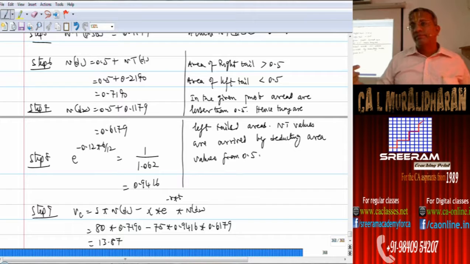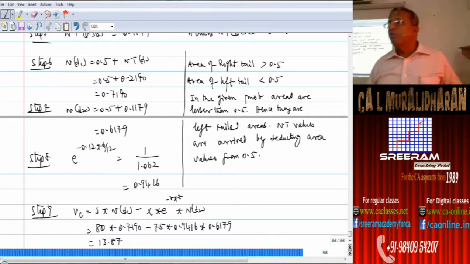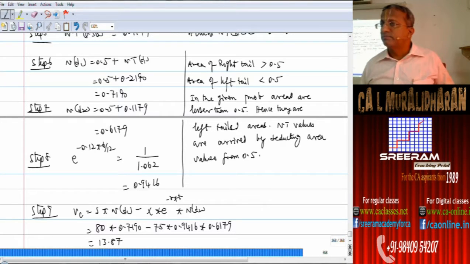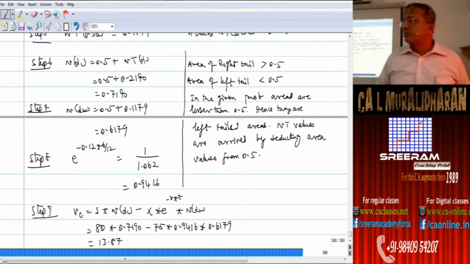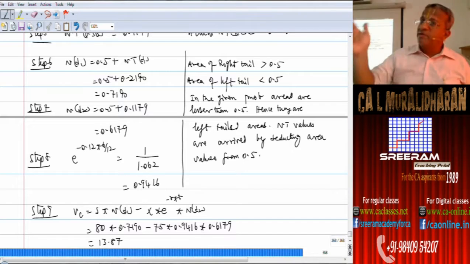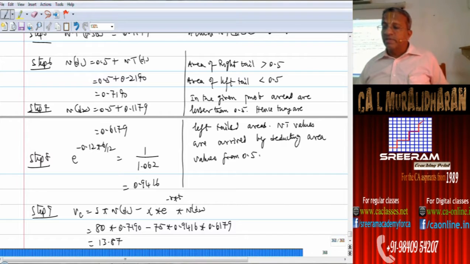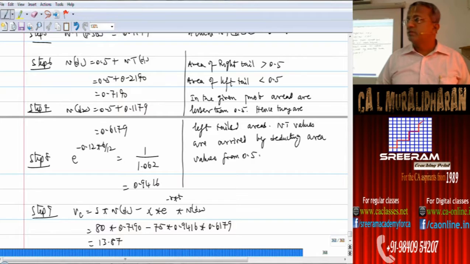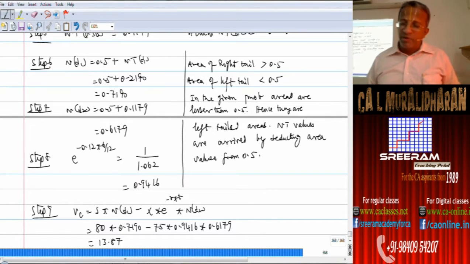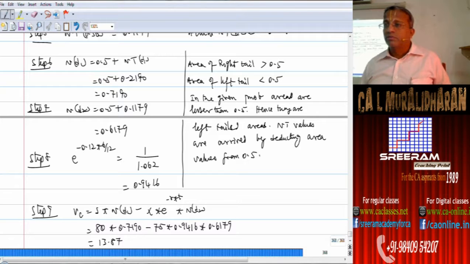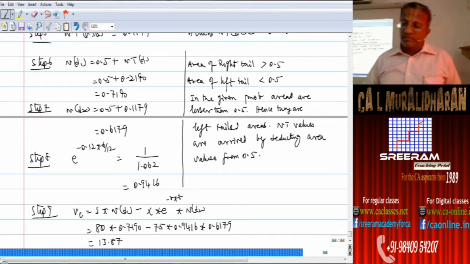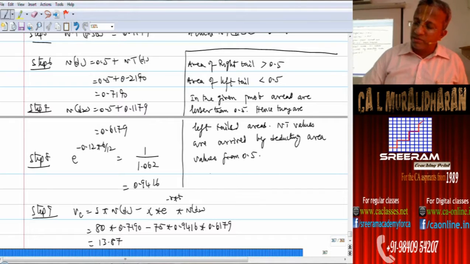Had it been right tailed, then from the area values we will be deducting 0.5 to arrive at normal table values. Okay. Under examination condition, it could even be a right tailed area also. So at that point of time, the area value from which 0.5 should be deducted to arrive at the normal table value. In this case, normal table values are deducted from 0.5. Is that clear? So interpolation normally will not give you accurate results, because they don't move on a straight line.